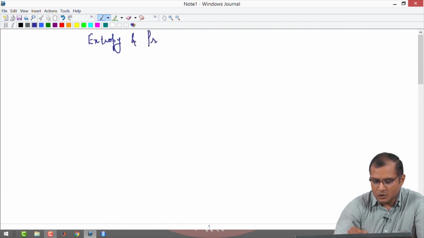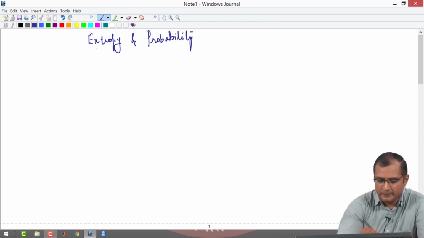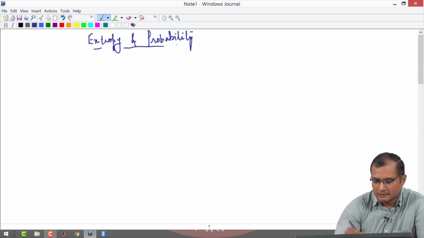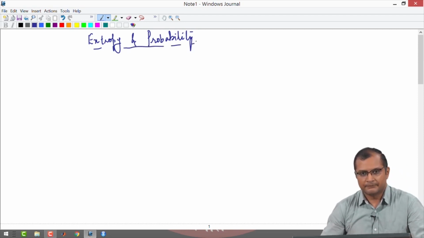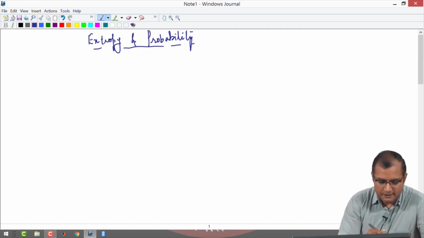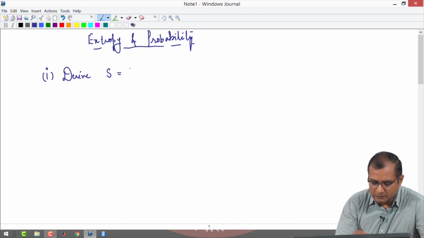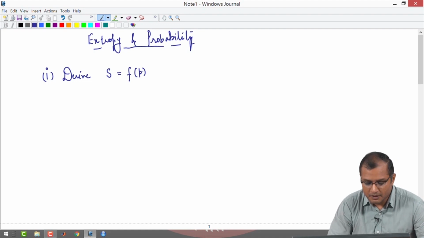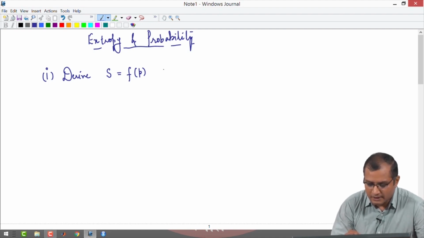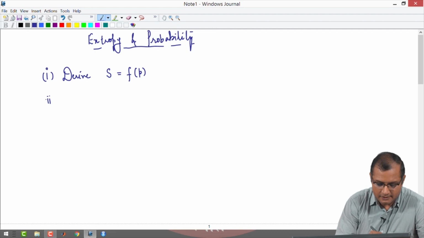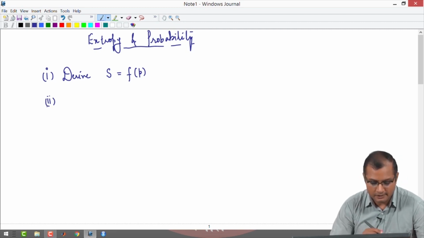So, I am going to talk about entropy and probability, and here the first task is to derive a connection between entropy and probability. So, I will show that entropy is a function of probability. Okay. So, this is the connection, and the second task, towards the second half of the lecture, I will